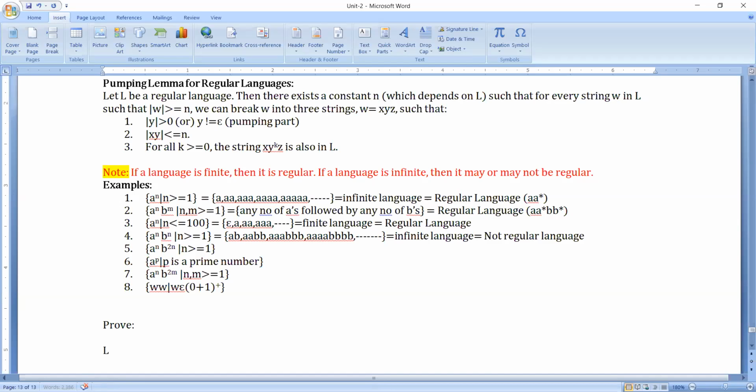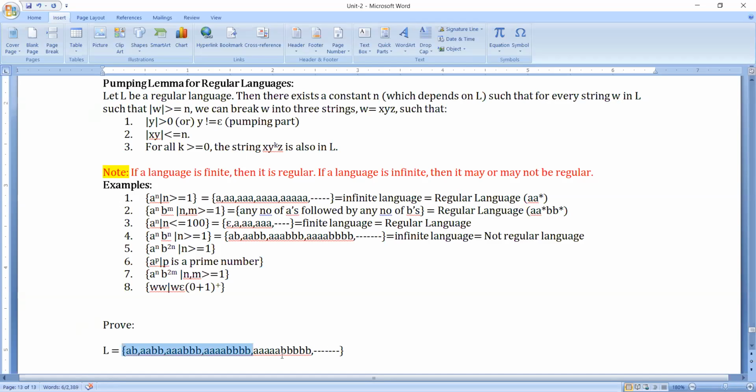My language is like this: AB, AABB, AAABBB, an equal number of A's followed by an equal number of B's, 4 A's, 4 B's. If you want, you can take 5 A's, 5 B's also, and so on. Now, what do we have so far? We have a regular language L.